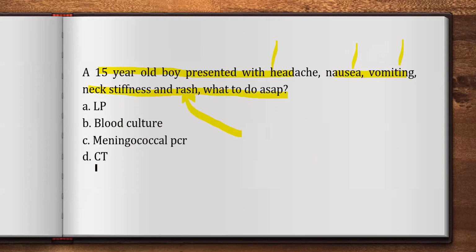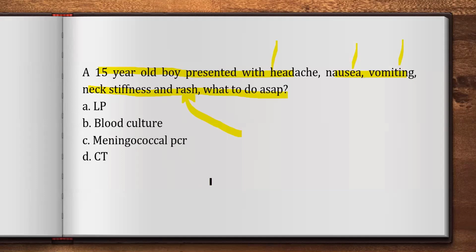If I add another option of antibiotic, then from that, what would you choose? No, not antibiotic. Remember, obviously antibiotic is a priority, but blood culture is best, because if you give antibiotic and then do a blood culture, it may not reveal any organism. So you will just give a broad spectrum antibiotic. Always it's best to take the culture first before giving antibiotic if it's possible.